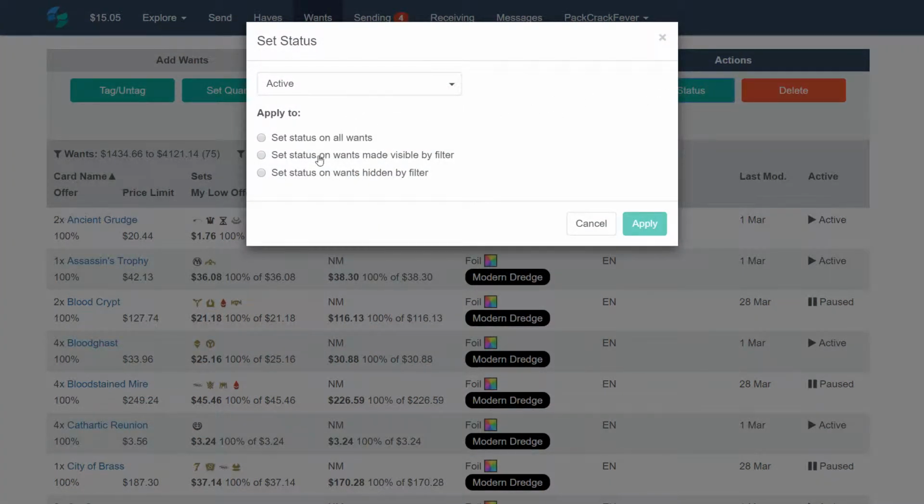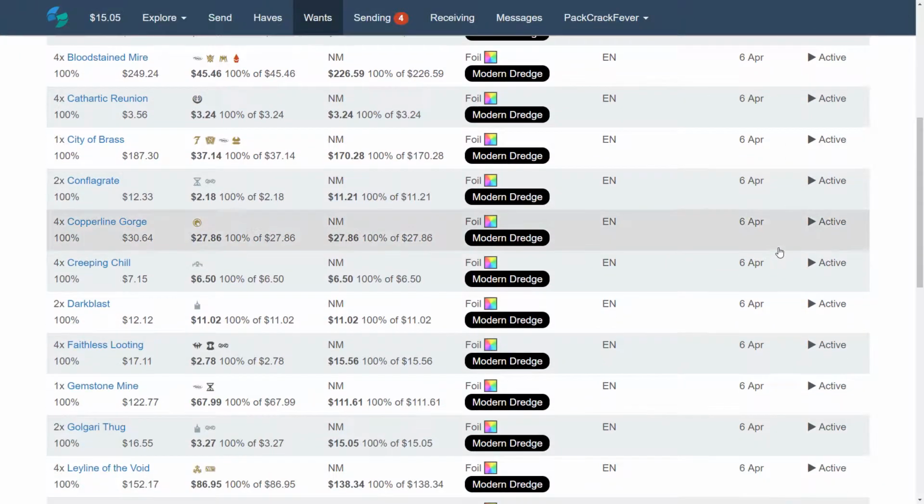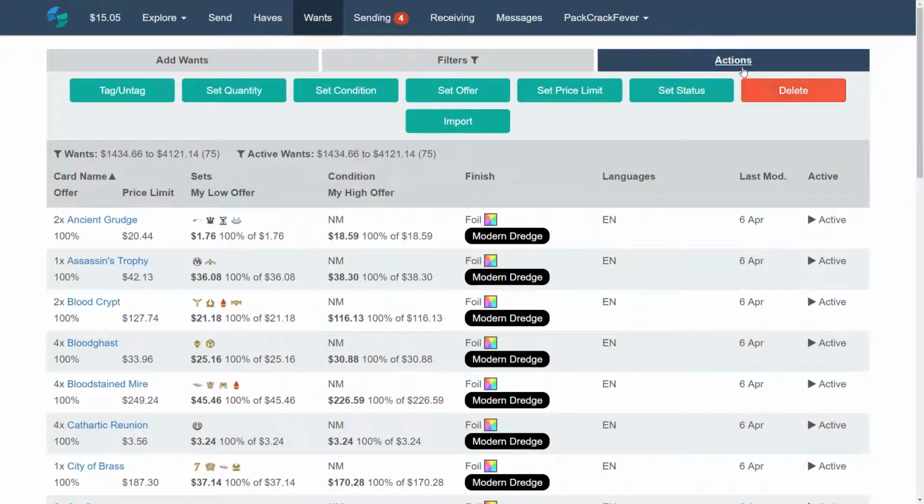I'm going to set the status visible by filter, which is Dredge. I'm going to make those active. I'm going to apply it. You'll see these all turn active. But now I'm going to go back to Actions,